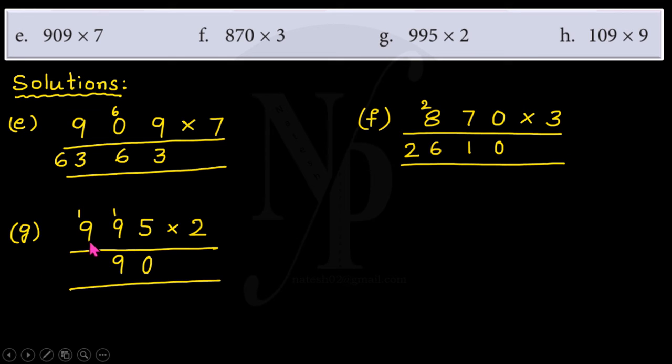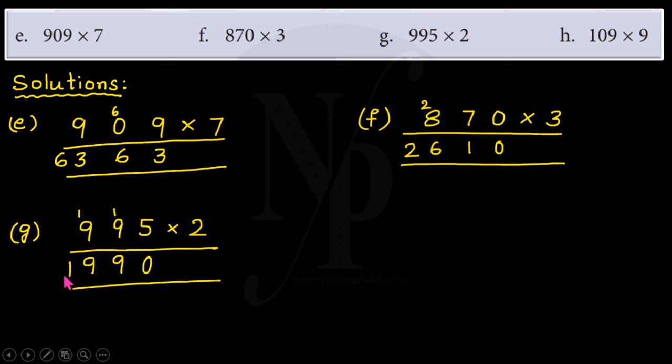And now multiplying again 9 in hundreds place by 2. So 2 nines are 18. 18 plus 1 is 19, which is 1900s. 1900s are regrouped as 1000 and 900s. So 1000 should be carried forward to thousands place. But here we don't have any digit in thousands place to multiply, so it will be brought down as it is. Therefore, we write 19 here. So here 1 will be in thousands place, 9 is in hundreds place.